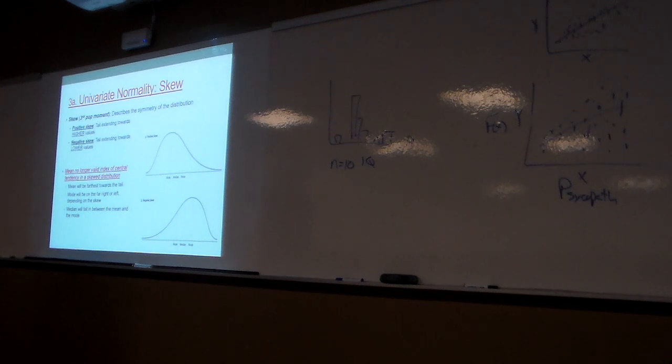We're worried about stuff dragging our mean around. Sample size, right? If I've got someone with a crazy high value, but I have a sample of 70, 80, 100, probably not worried about it, right? That's within the context of the types of things we measure. If I've got Jeff Bezos in my undergrad income sample, then that's a problem, right? But for the types of things we're typically measuring, if we've got a reasonably sized sample, the impact of one huge value is probably not going to be all that much, right?